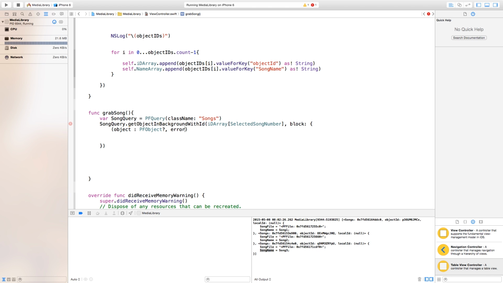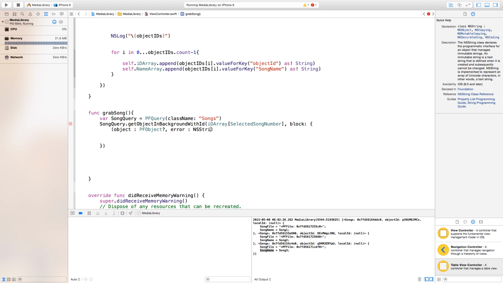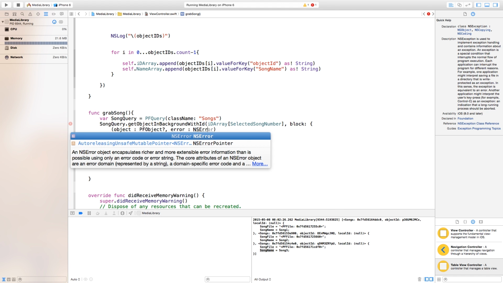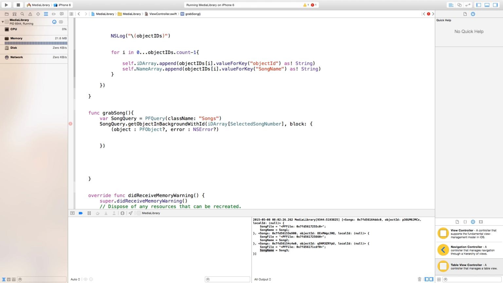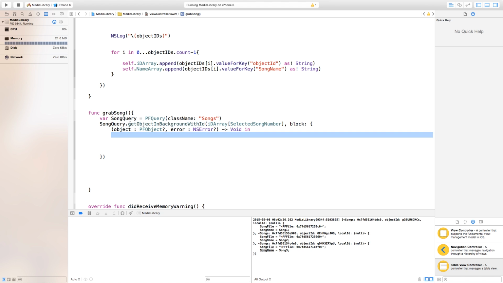So if there's an error, we also want to make sure and check if that happens. So NSError question mark. And then after that, you go dash alligator tip, Void, Void in. And now down here, basically this is saying we created an object, we found this object in background